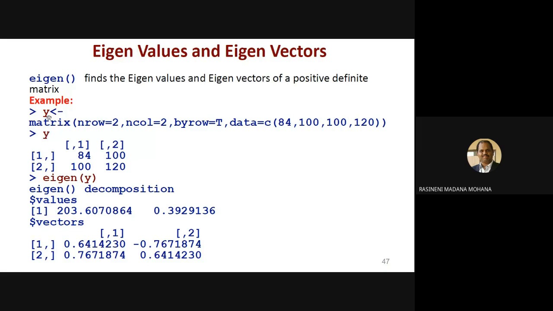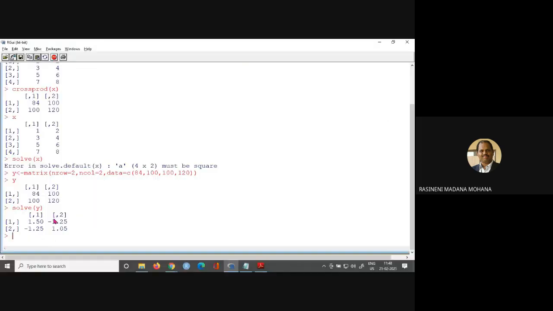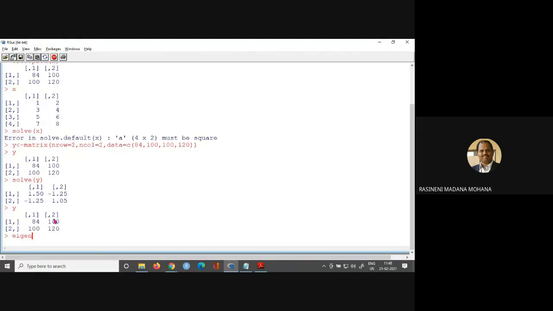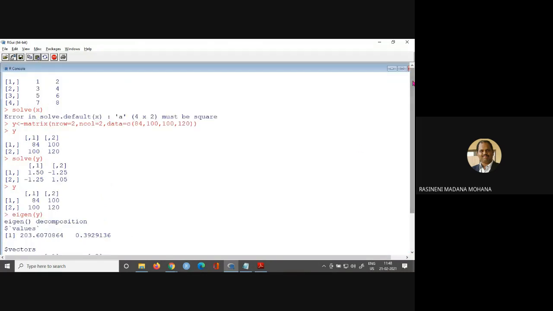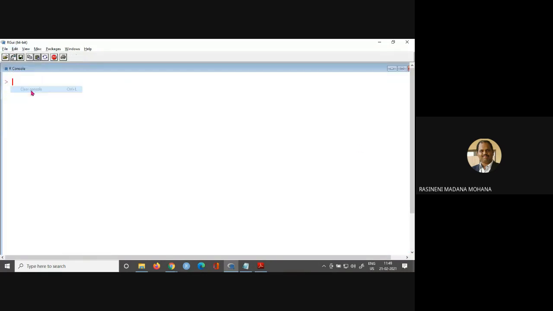Earlier, whatever matrix you created with a 2 by 2 square matrix with particular data, now simply you can use the command eigen, with the matrix name within the function brackets, which gives both eigenvalues and eigenvectors. Now recall y, and apply eigen of y, which gives both eigenvalues and eigenvectors. This is an important function in the matrix concept to find eigenvalues and eigenvectors.